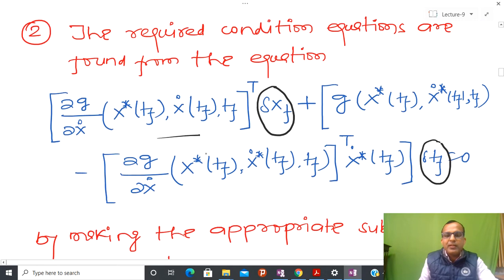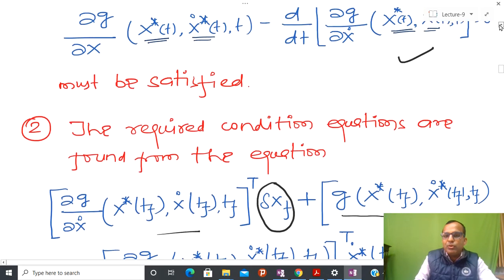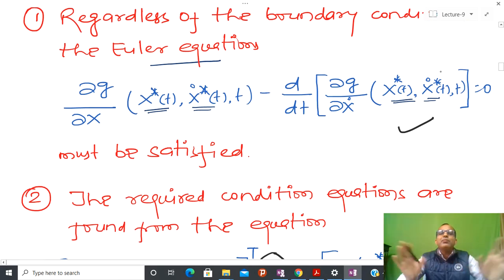Here you have to be a little bit careful, because with respect to delta xf this kind of coefficient comes into the picture, and with respect to delta tf you can see that the same kind of functional I have to repeat, and after that with a negative sign I have to multiply this with x dot star tf, and again the partial derivative with respect to x dot. So if you remember this particular thing,